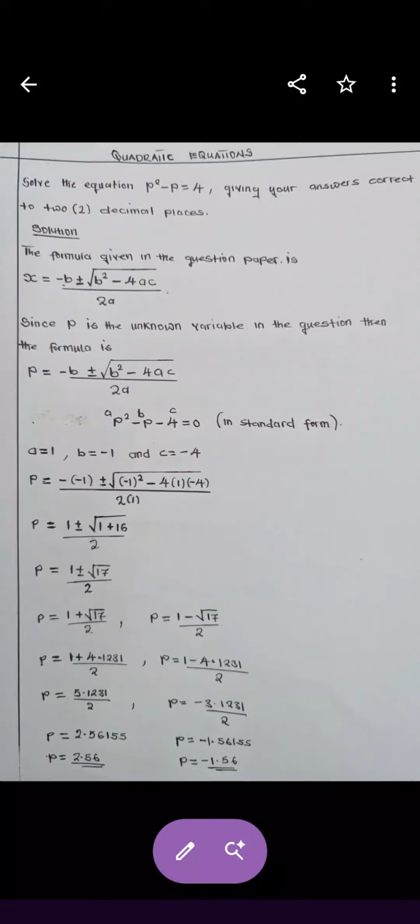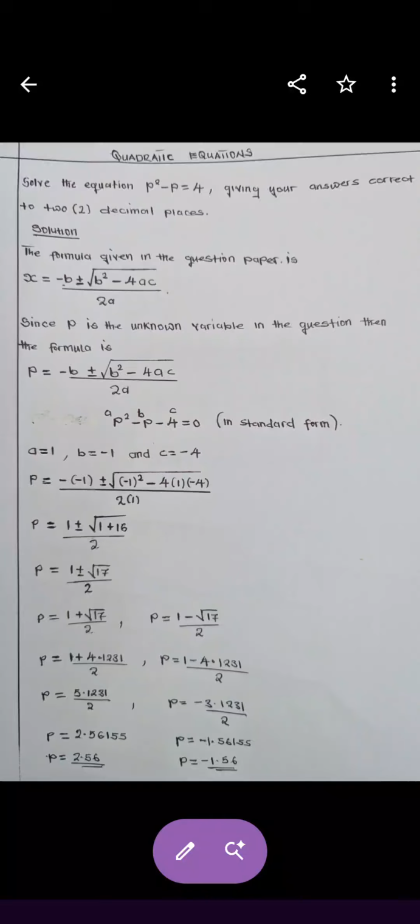Again, you open the brackets. Where there's c, you write the number which is negative 4, then you close. Everything divided by 2, open the brackets. Where there's a, you write 1, then you close. Okay? Then the next part,